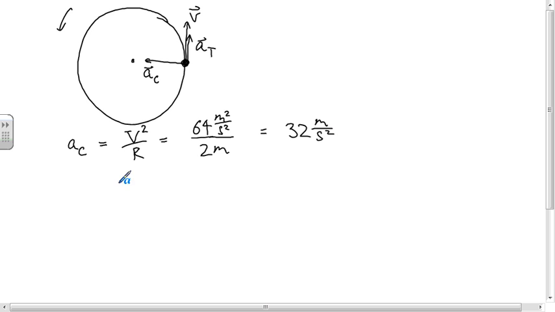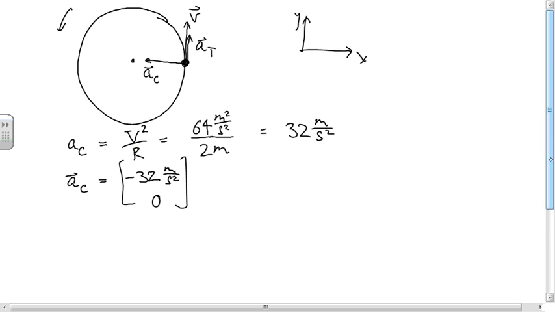So what are the components of the centripetal acceleration vector if we're using a standard coordinate system? That's right. So the centripetal acceleration vector is in the negative x direction. Any questions about that? I know that can get people turned around because you look at this point and you think of it as like it's in the positive x direction from the center. But that vector is in the negative x direction. So this is negative 32, 0.